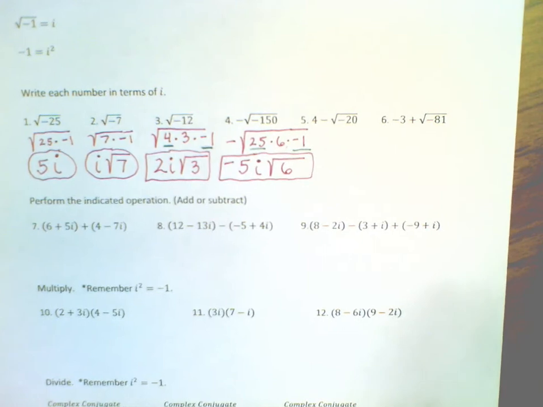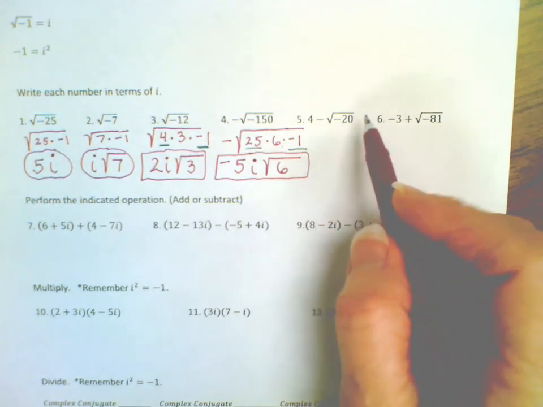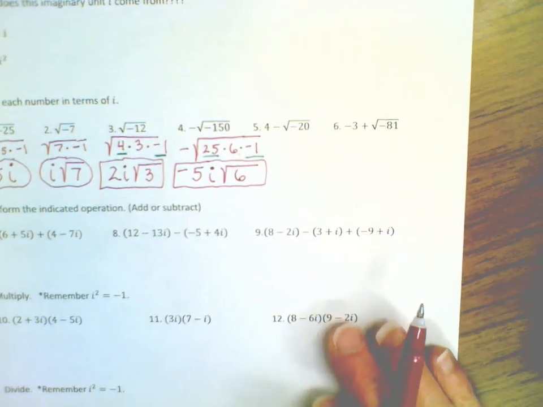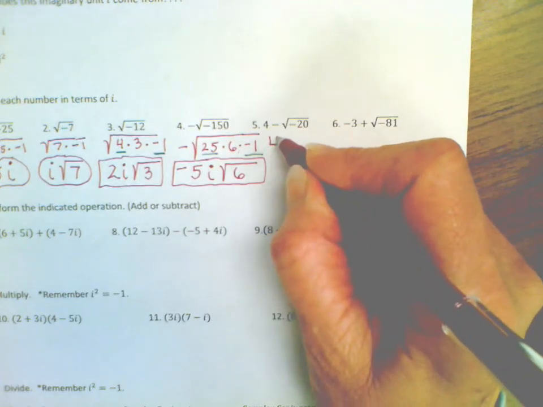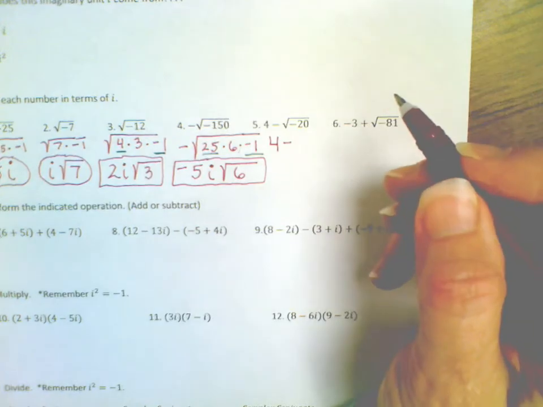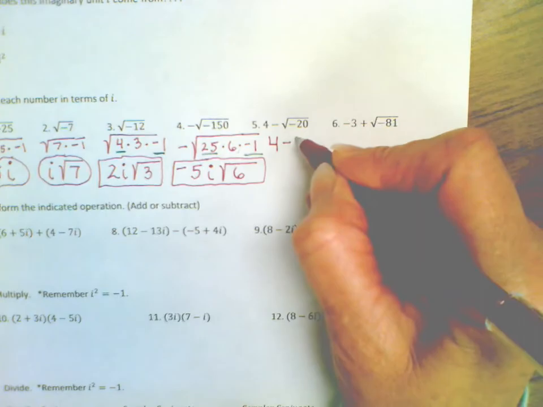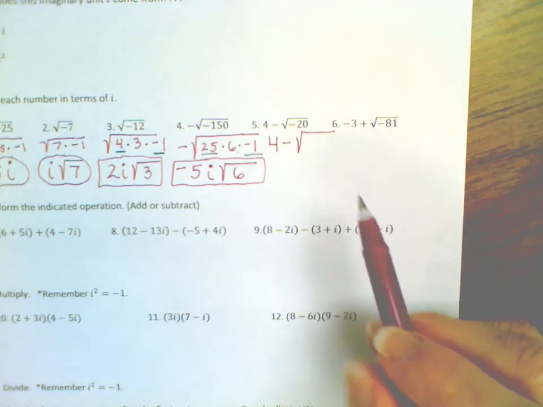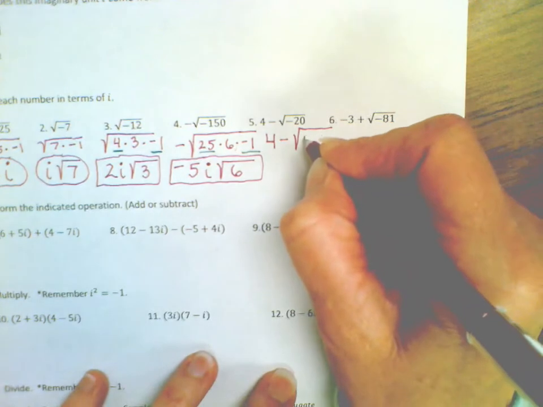Okay, now this one's got 4 minus the square root of negative 20. So I'm just going to keep that 4 minus on top and just leave it right there. I am going to simplify the negative 20 under the radical. So once again, I'm going to think of the largest perfect square, which is 4. So if I do 4 times 5 times negative 1,